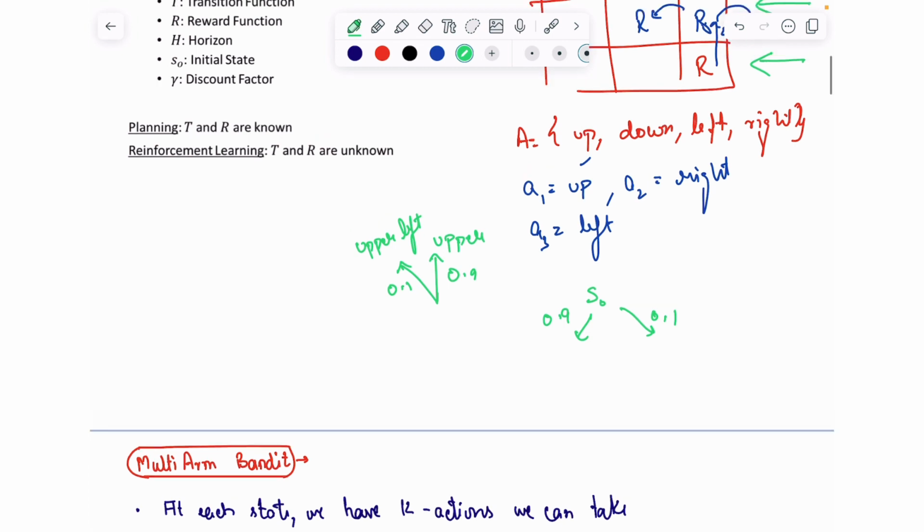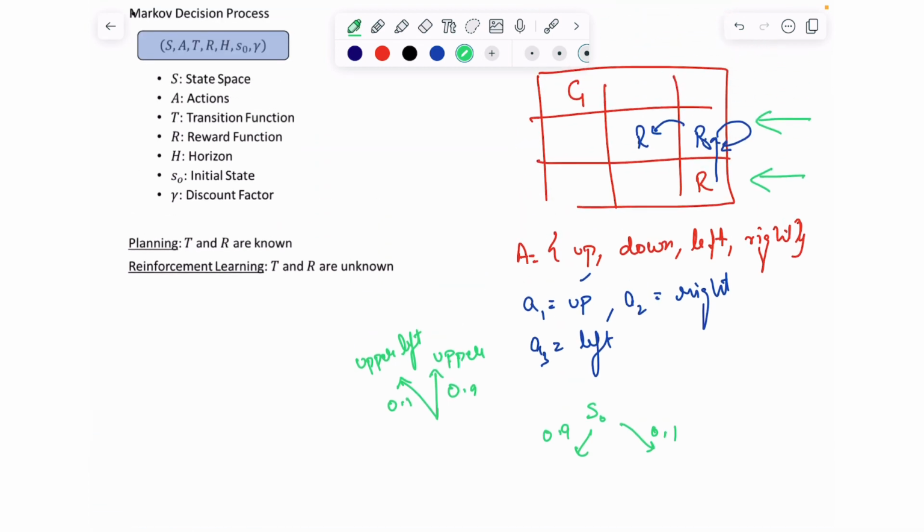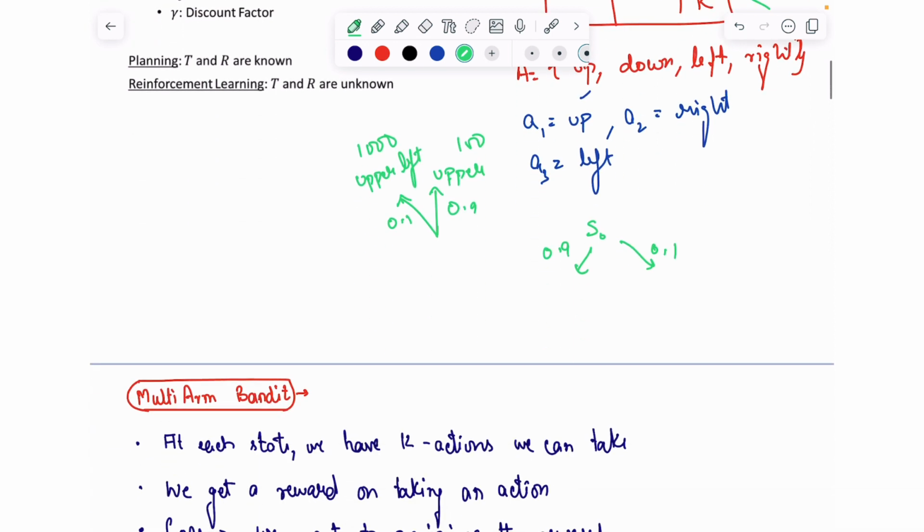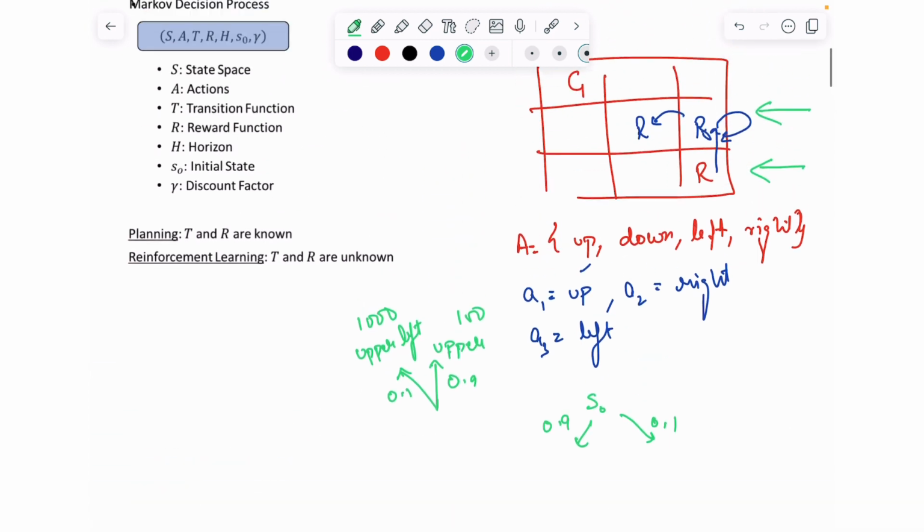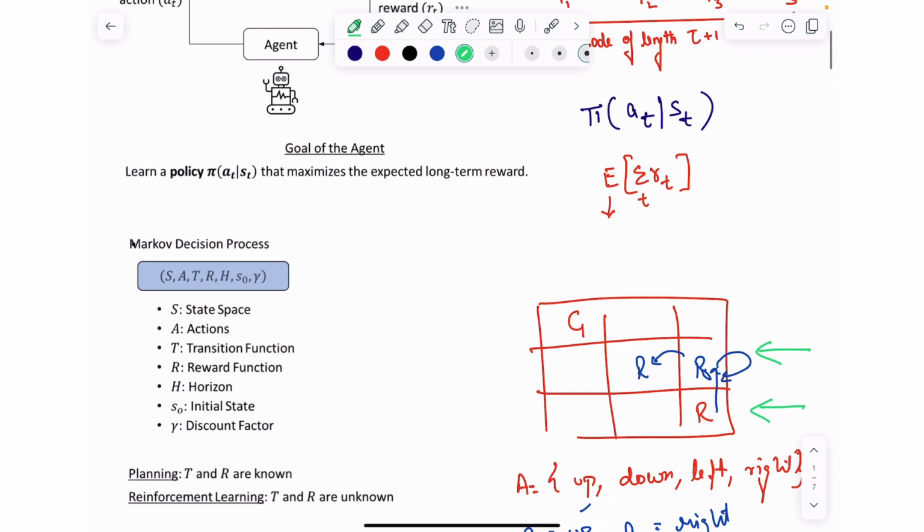Let's say when you move to the exactly upper cell, you get a reward of 100, but when you move to the upper left, you get a reward of, let's say, 1000 for whatever reasons, right? So now the reward function itself is varying based on where you are actually landing in the next state. That means the environment is stochastic, so you have to maximize the expected long term reward, which is given by